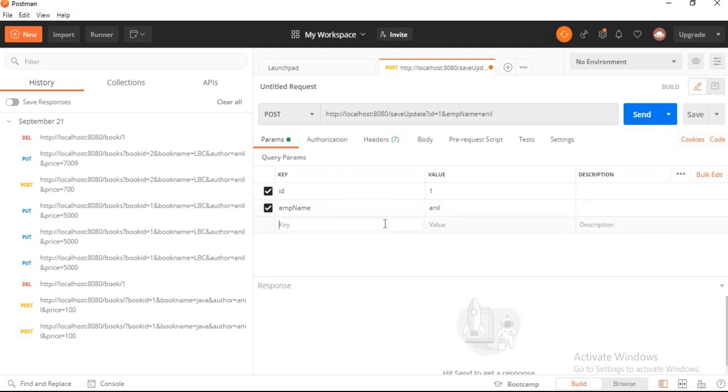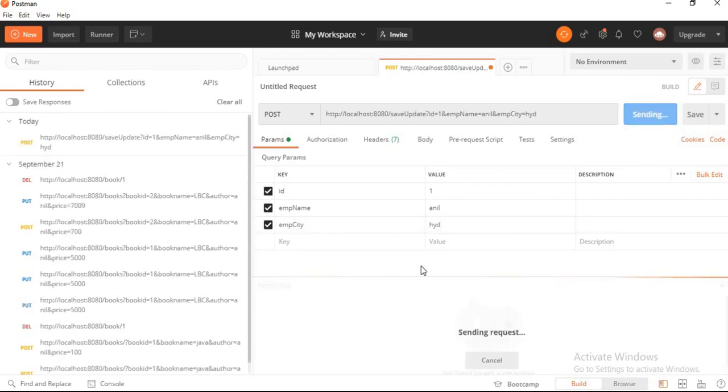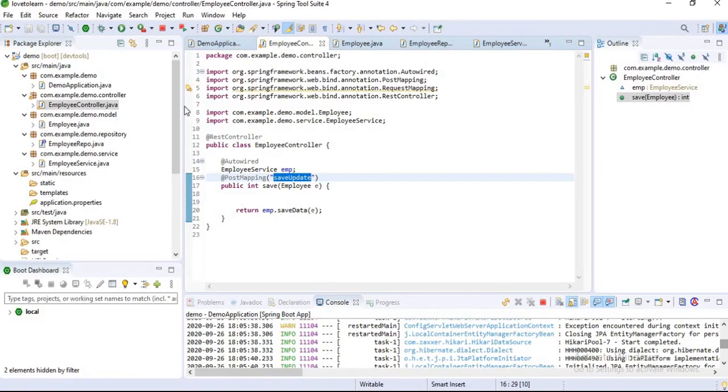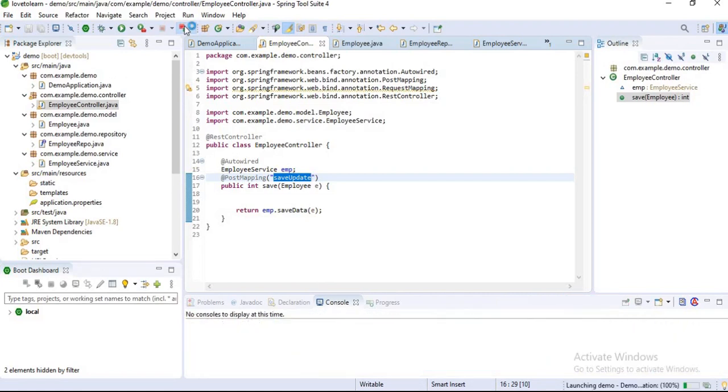Next, employee city, Hyderabad. Let's click on send. And I'm getting some problem here, I can't send my request. Let's rerun our application once, and let's send our data using Postman.